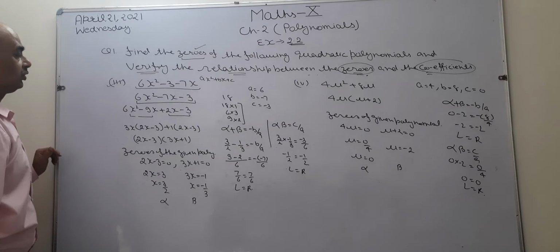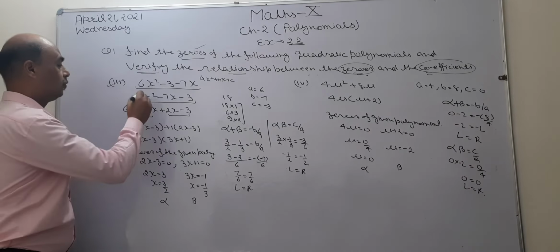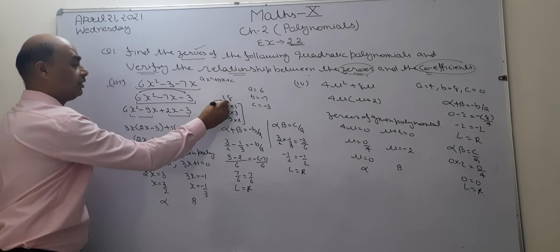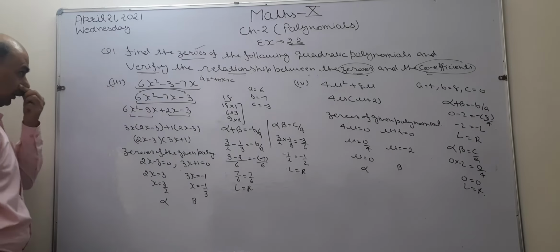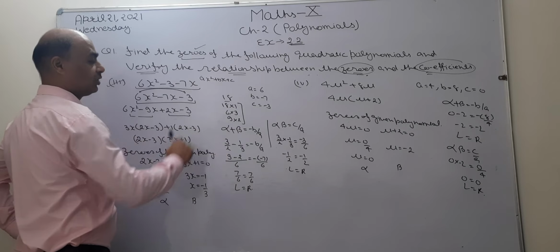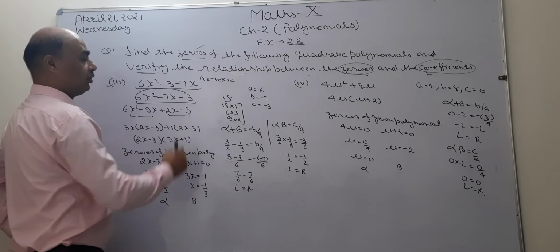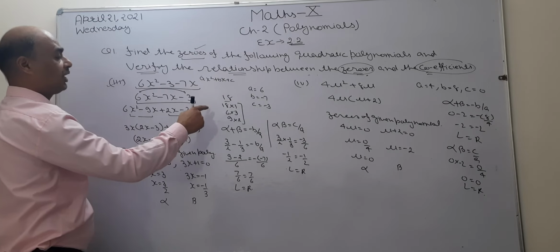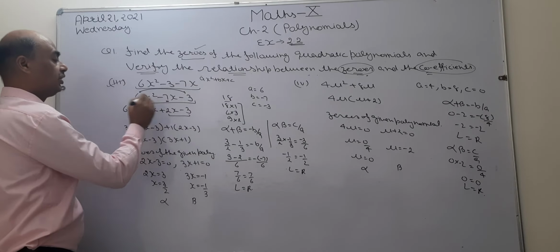Now I am going to make the factors of this polynomial. Starting with 6 and 3, 6 3s are 18. Now I am going to make the factors of 18. What are the possible factors of 18? 18 is 18, 6 3s are 18 and 9 2s are 18. Now which pair am I going to take? Whose product is 18 and whose sum or subtraction is represented by 7.